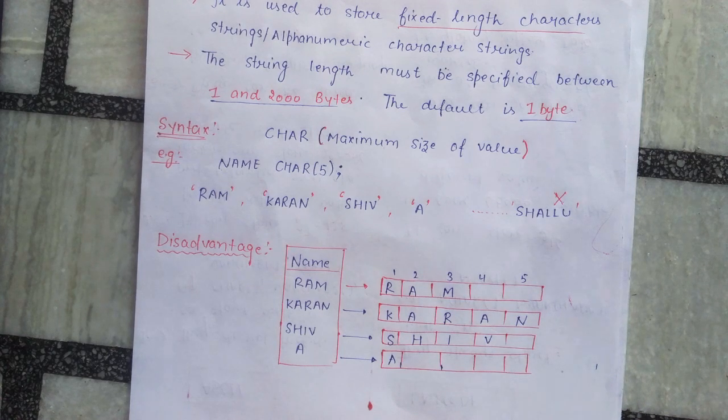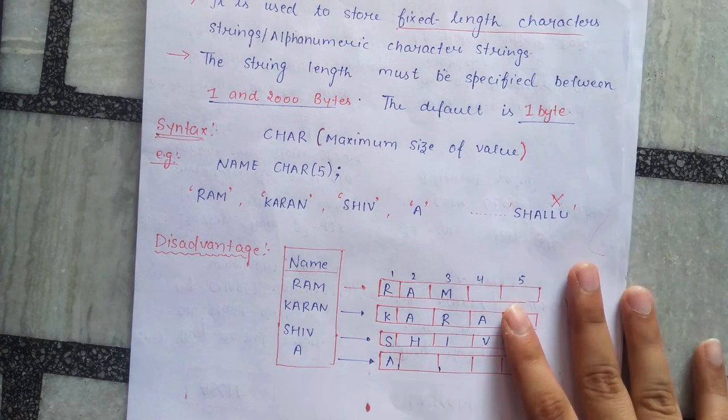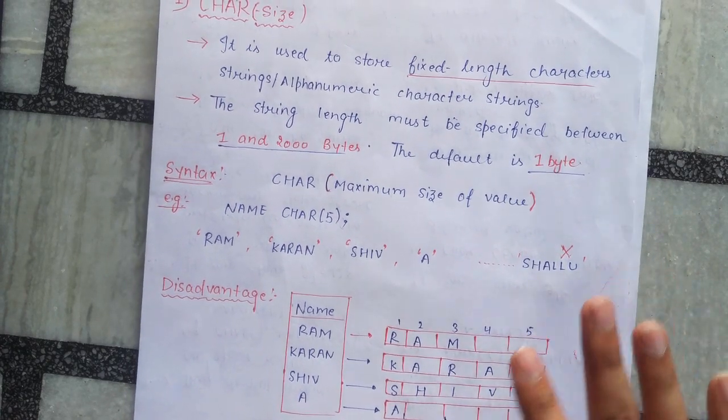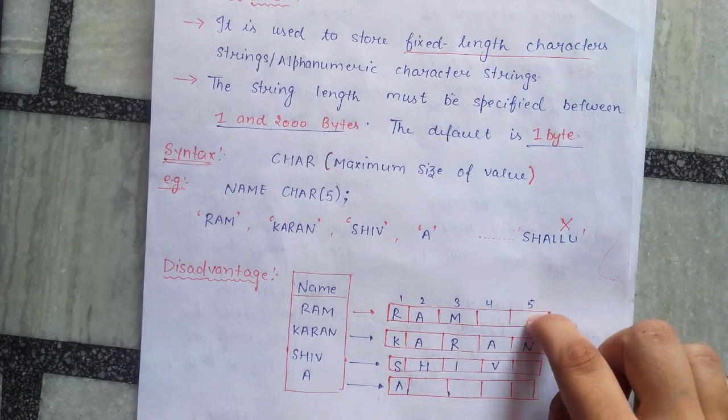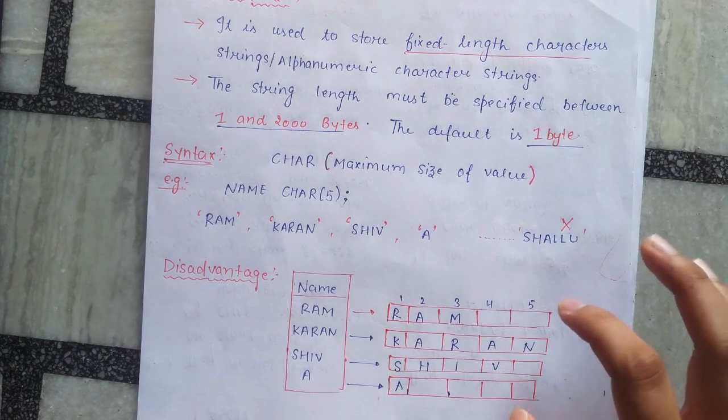So every value will consist of only 1 byte. So in that case, we will declare that column with char data type. Okay, so it is most preferable to use char data type at those places where we are sure about the length of the column values. So this is what char data type is, and this is the disadvantage of using this char data type, as extra memory is going to be wasted. There is a memory wastage.